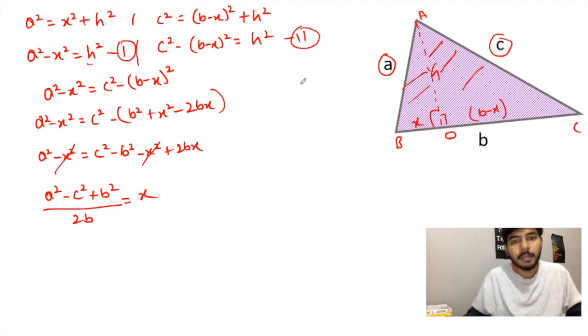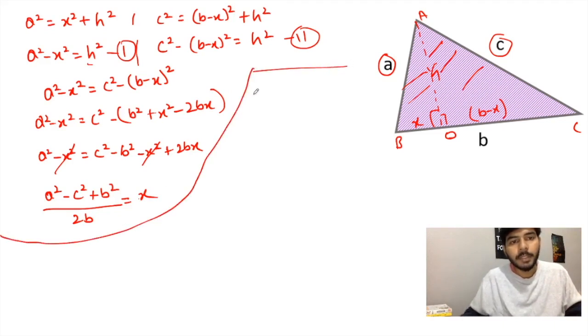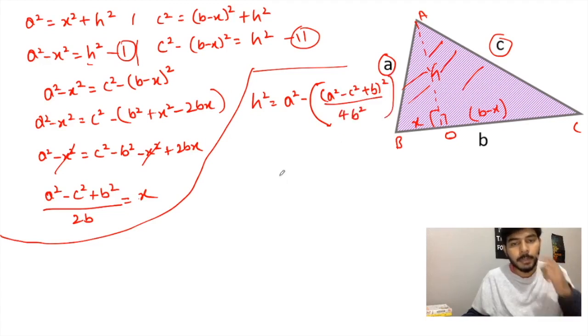यहाँ पे मैं लिख दूँ, अगर सपोज यहाँ पे मैं इस साइड लिख रहा हूँ कि h स्क्वायर इज इक्वल टू A स्क्वायर और माइनस x की जगह पे हम लिख रहे हैं ये वैल्यू, तो फिर A माइनस, 2 स्क्वायर प्लस B का होल स्क्वायर, और स्क्वायर यहाँ भी होगा तो मैं सीधे से 4B स्क्वायर लिख दे रहा हूँ, टाइम स्पेस टाइम के लिए। अगर ये बात समझ में आती है तो फिर h स्क्वायर इज